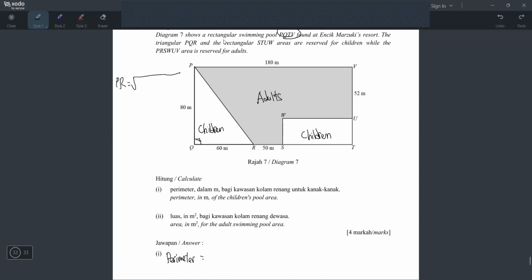Because they say rectangular already. So obviously sini 90, sini pun 90, sini whole thing pun 90. Bracket square, bracket square. What I put? 80, 60. Plus or minus? Plus lah, because you are finding the longest side. Because you are finding hypotenuse. So now you press this, see what you get. I press 80 square plus 60 square equal dulu and then baru square root answer. Calculator give me 100. So I write 100 meter.